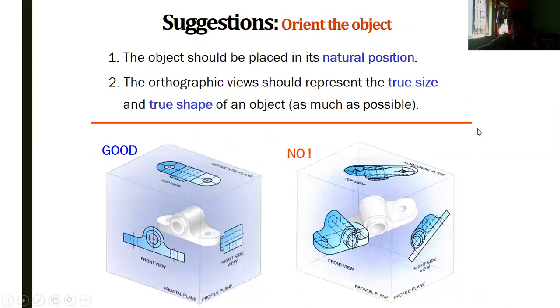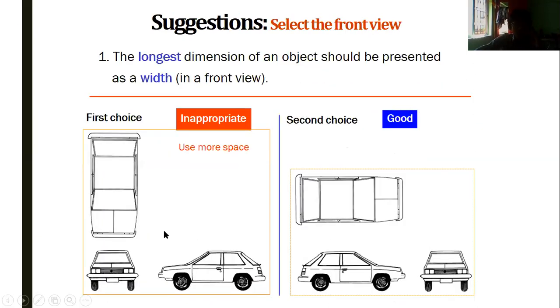Now I am showing some of the correct and incorrect processes students generally follow. Okay, this is the good one. This drawing we have already given in assignment 1, so this is my top view. The top view will be here, and this is my front view. This is the third view. Not like this way. Okay, and if you consider a car, you can easily understand. In the top view, I can see the car like this way. In the side view, this is okay. If you look this way, then this is my front view, this is my top view, and this is my side view. Not this way.